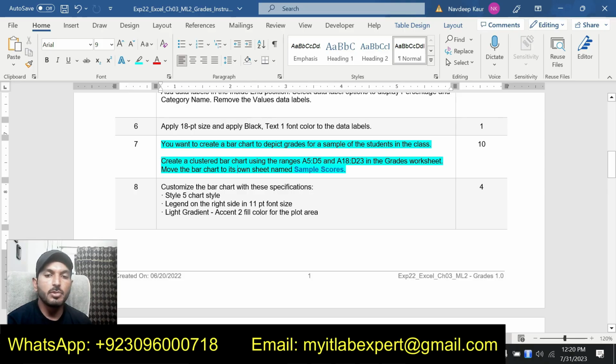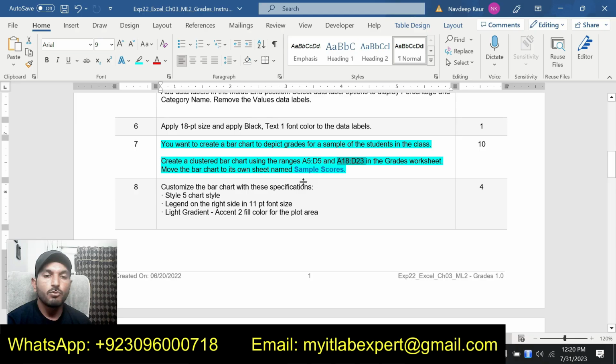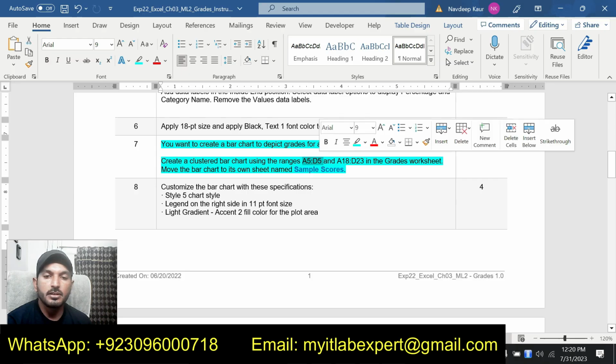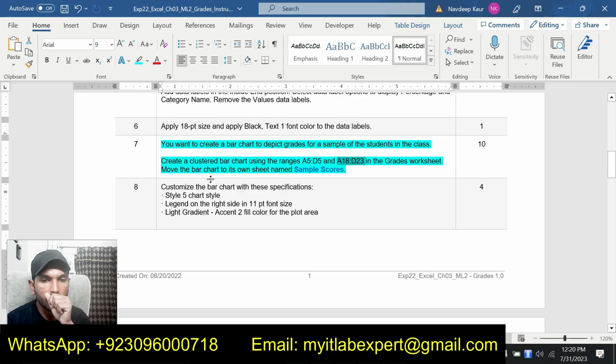For this clustered bar chart, there are 2 ranges given. First one is A5 up to D5 and the second one is A18 up to D23. We are supposed to use these 2 ranges to create a clustered bar chart, and then we will move this clustered bar chart to its own sheet. The name should be sample scores.